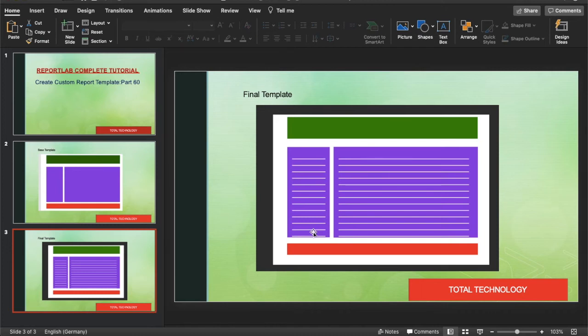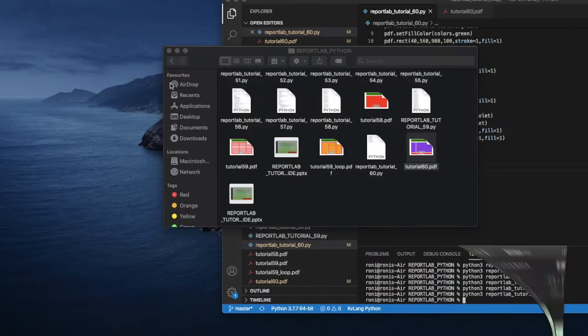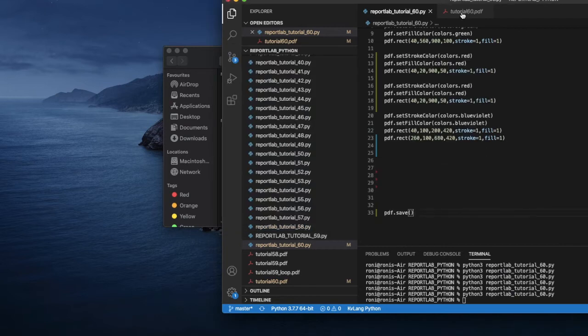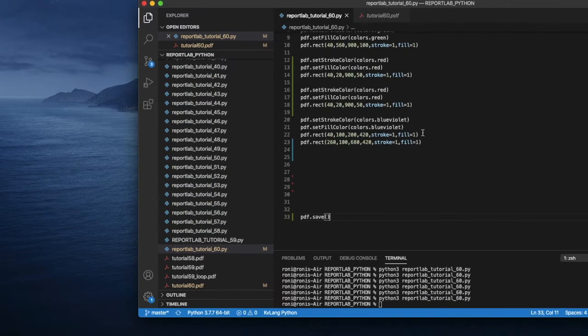So what I'll do, I'll just show you guys how to do that, and probably after that you guys will be able to understand what is happening. Okay, so first I will try to write the left hand side section, and after that we'll put the other section. Okay, so let's write pdf dot